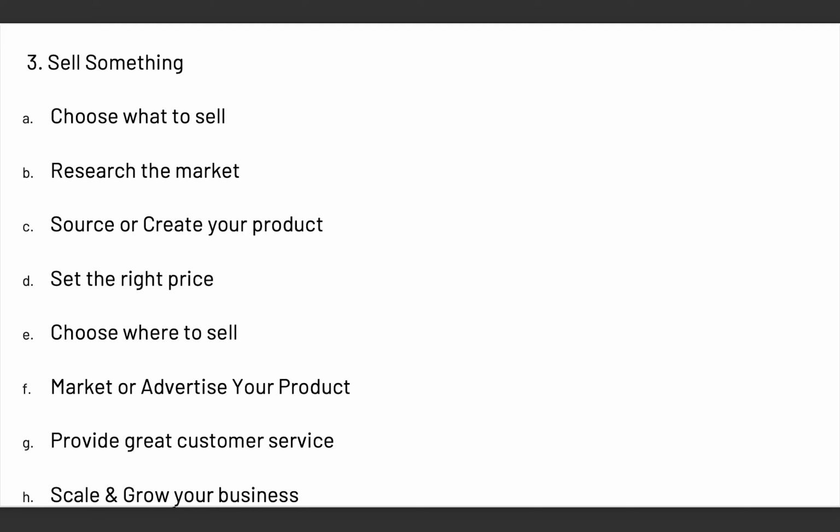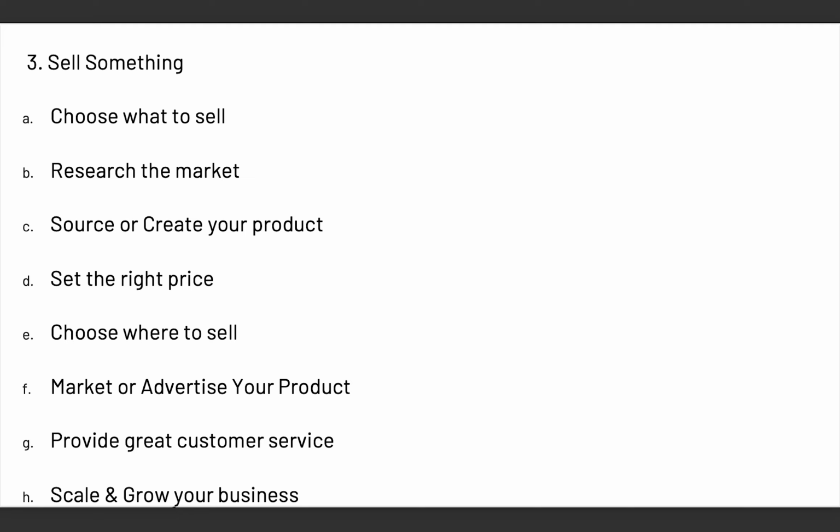The second one is high demand. Make sure that this product is something that a lot of people are willing to pay money for. That is, a lot of people are willing to buy that product. And the third one is that make sure that product is something you are interested in. If you have interest in a particular product that you are selling, it will really motivate you to even make more money. So make sure that whatever product you are picking, it meets these three criteria I've mentioned right now.